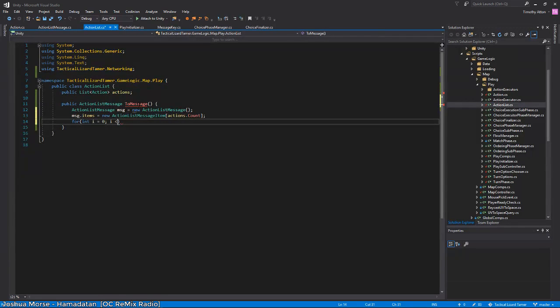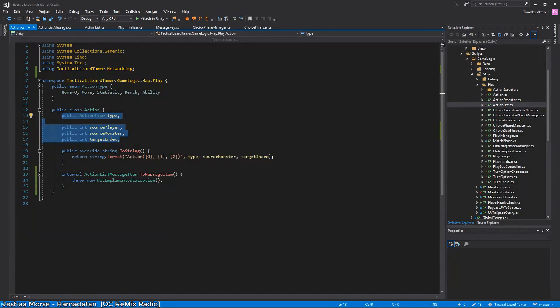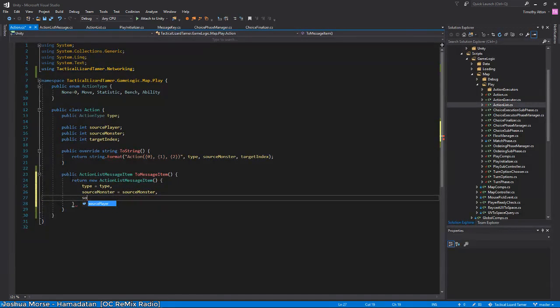I less than message items length, I plus plus, then message items I equals actions I to message item. So let's see what this looks like. And this is actually pretty simple. Okay, you can do monster first. I was thinking about the player, but...